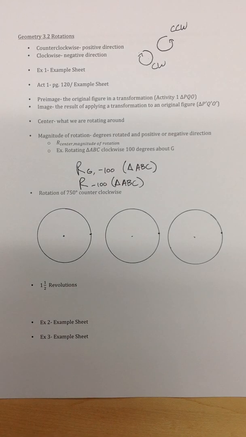Okay, the next thing is talking about rotations that are more than 360 degrees. So we know that 360 degrees is a full circle. So if I need to rotate 750 degrees in a counterclockwise